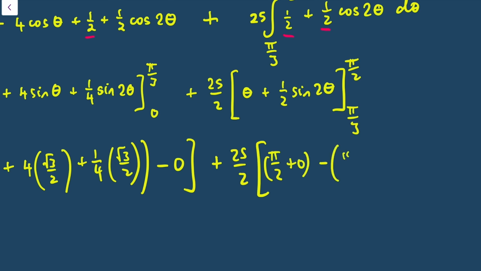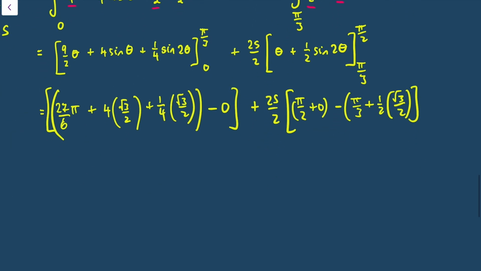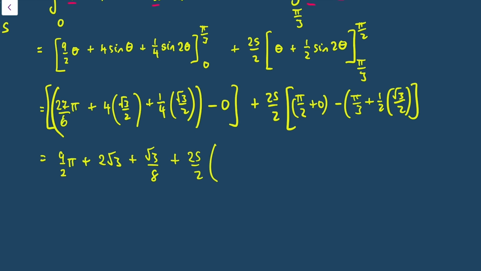minus pi by 3 plus 1/2 times sine of 2 pi by 3, which we also just worked out was √3/2. Okay, and now I just need to tidy this up. 27/6 is going to give me 9/2 pi. 4 divided by, so that gives me 2√3 plus √3/8. And then over here I've got plus 25/2, and that gives me, if I simplify the brackets, I've got